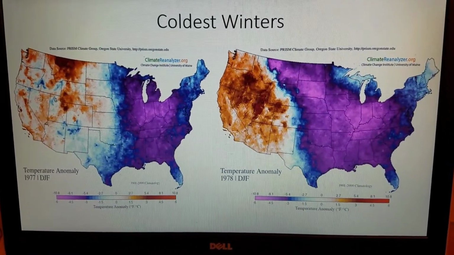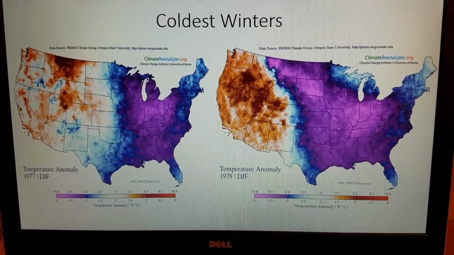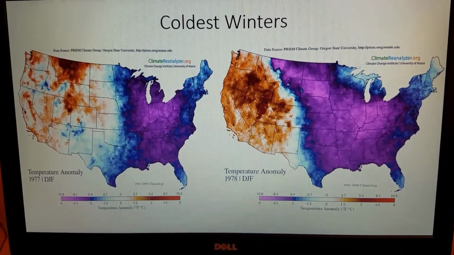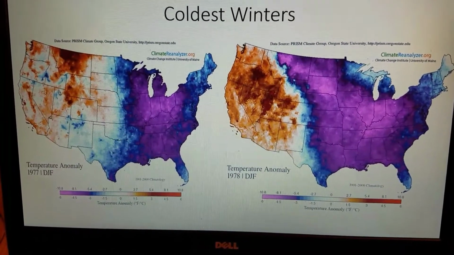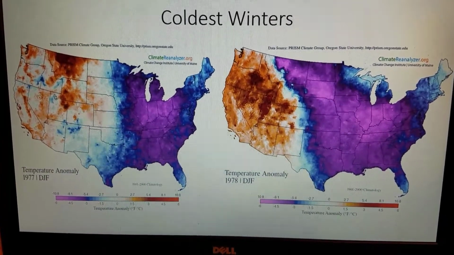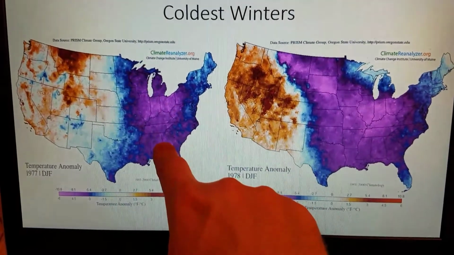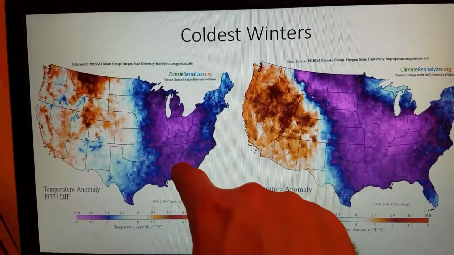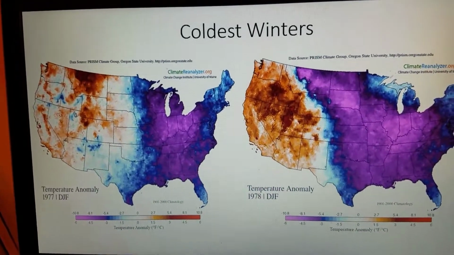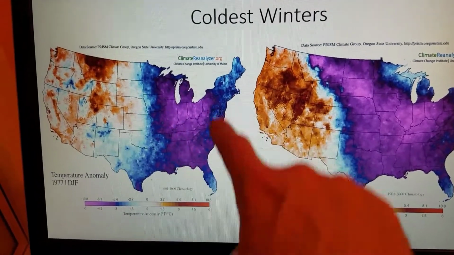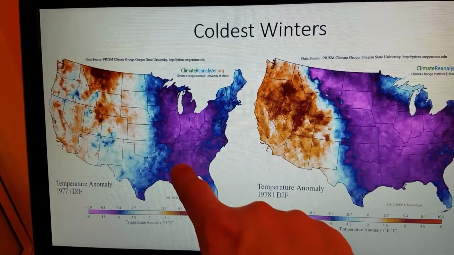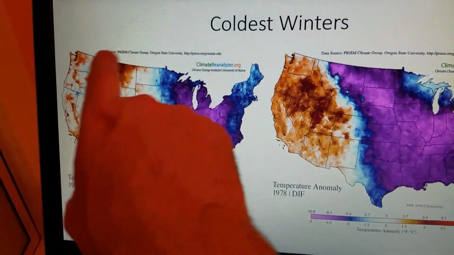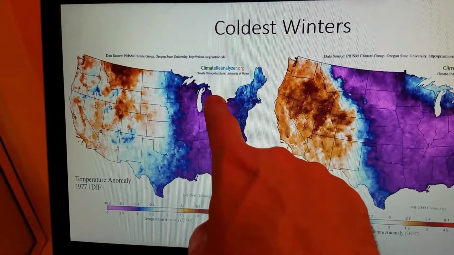Now, on the other hand, let's take a look at some of the coldest winters. Now, these were some very brutally cold winters. The late 1970s were very cold across the eastern United States. A winter which featured temperatures on the range of 3 to 5 degrees Celsius below normal. If you look at the darker purples and the blue shades, this is a very anomalously cold pattern. Across the west, it was much milder. But look at the east in this case.